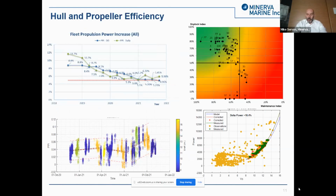With the use of data analytics in combination with improving our dry dock strategy and implementing an enhanced program of underwater maintenance of our ship hulls and propellers, we have managed to achieve a 6% reduction of the daily fuel penalty attributed to fouling over the last 3 years. Furthermore,